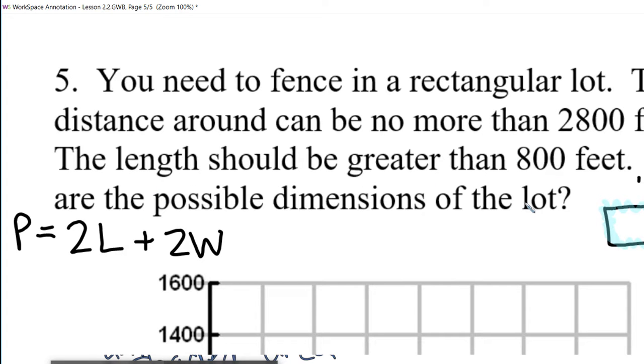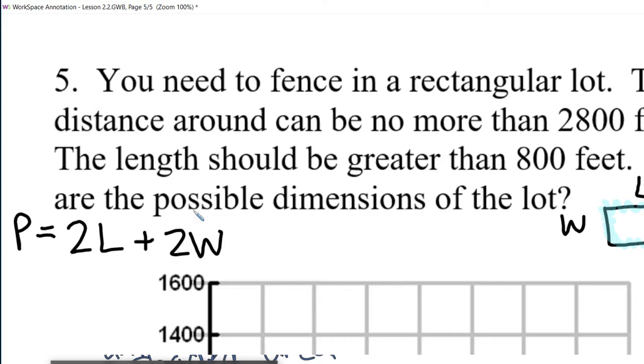So length, width, length, width. The perimeter I add of all 4 sides, and how many lengths are there? 2. How many widths are there? 2. So that's where the perimeter formula came from. Next sentence. Well, first of all,